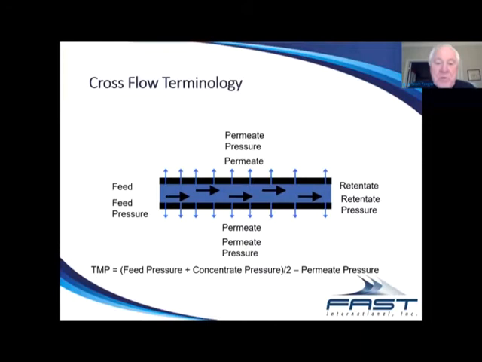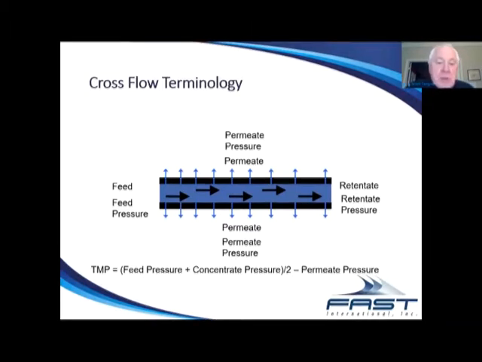Okay. Cross-flow terminology, cross-flow filtration. We talked about three flow paths. On the left, you'll see the feed flow path, which is controlled by the feed pressure. And on the right hand, you see the retentate flow path that is controlled by the retentate pressure. And we will refer to differential pressure, which is the difference between the feed pressure and the retentate pressure. And this is what drives the flow of fluid across the membrane, not to the permeate side, but across the membrane. The transmembrane pressure, on the other hand, is what drives it through the membrane, which is basically the